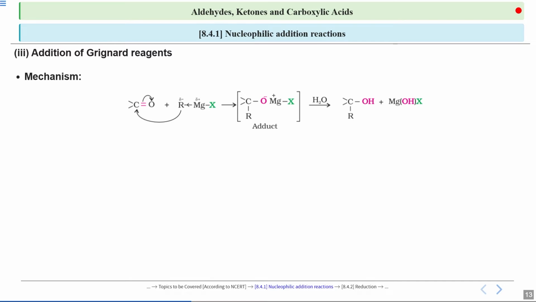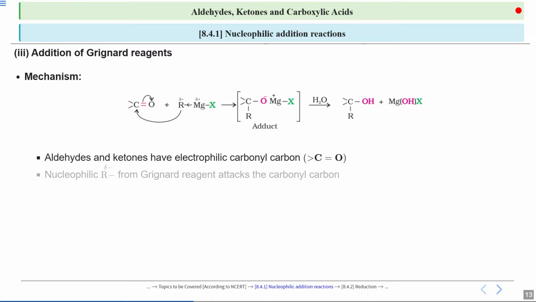Now look over here, the Grignard reagents are organomagnesium compounds that act as nucleophiles. Nucleophile means they love to donate electrons. So this makes them perfect for attacking the electrophilic carbon in carbonyl groups. Now one by one we will see. The carbonyl group, which is C double bond O, is polar. So the carbonyl carbon is electrophilic in nature and the oxygen has a negative charge, because oxygen is more electronegative, it pulls the electron density, which increases the electrophilicity of the carbonyl carbon.